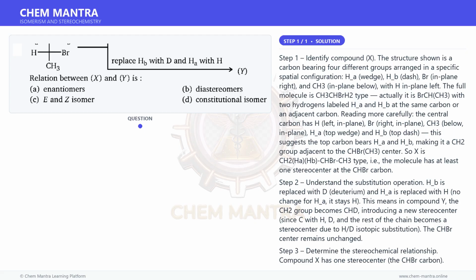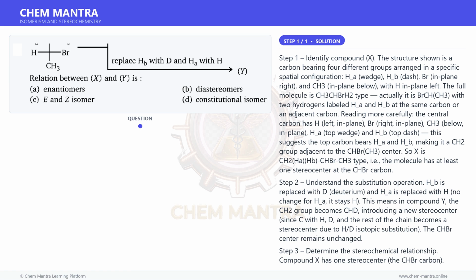The structure shown is a carbon bearing 4 different groups arranged in a specific spatial configuration: H_A, wedge; H_B, dash; Br, in plane right; and CH3, in plane below, with H in plane left. The full molecule is